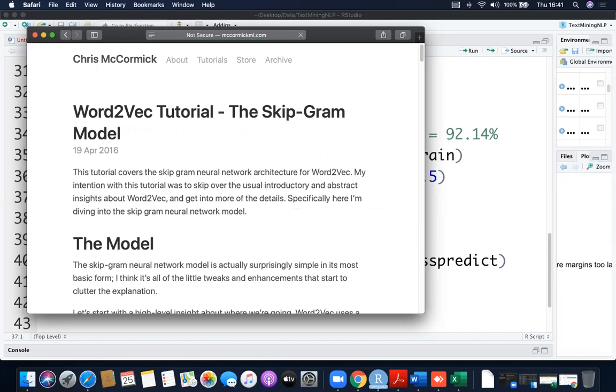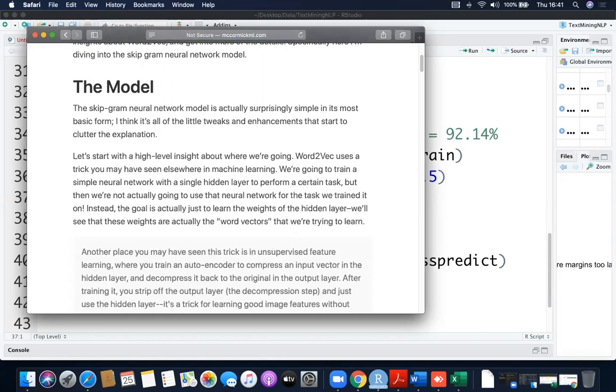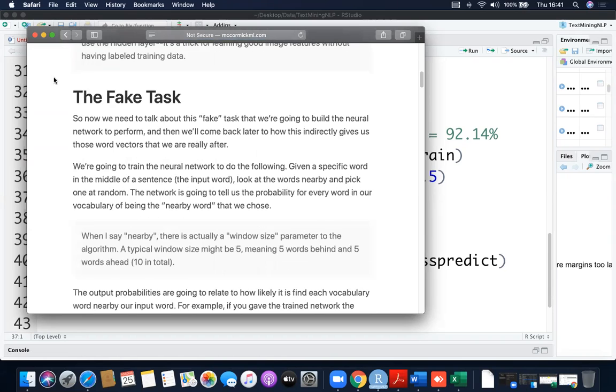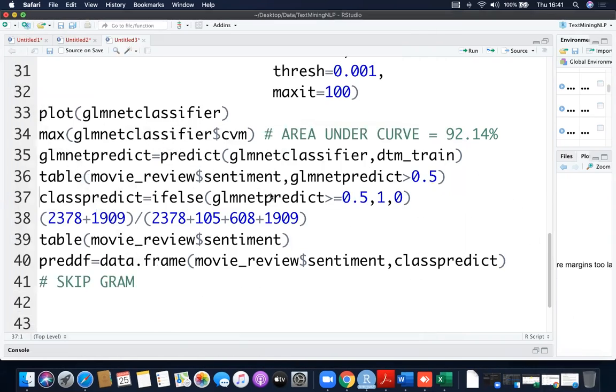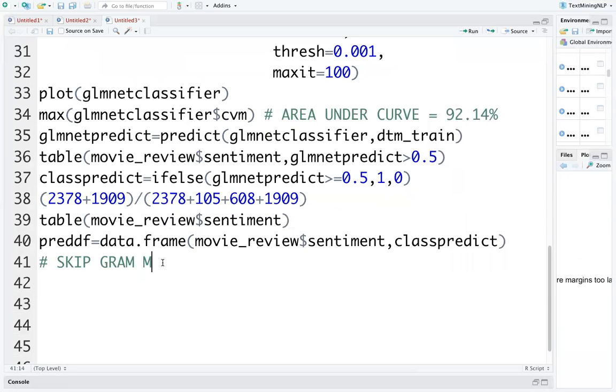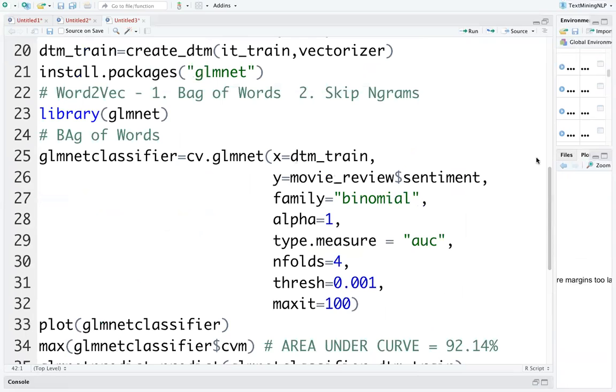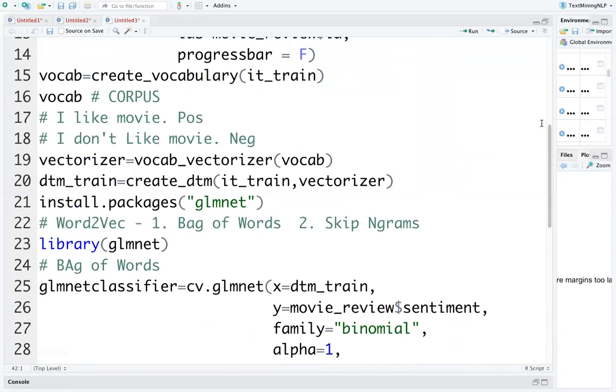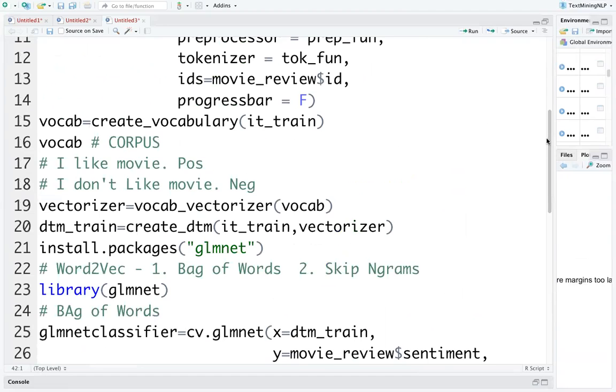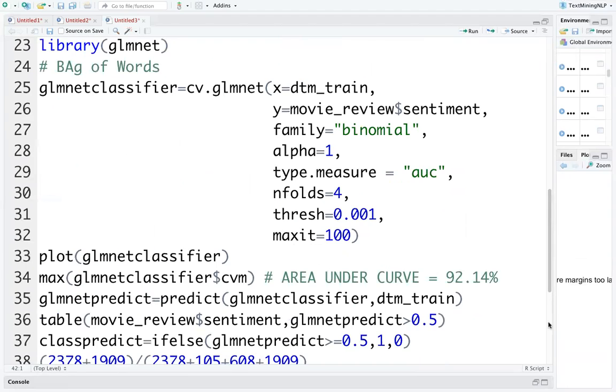So there are two things. One is the bag of words model. The other is the skipgram model. I will just run the skipgram model. It just takes 2 seconds to run, not much time. So in the skipgram model, the change happens in the vocabulary. So we have this vocab now. So what we have to do is